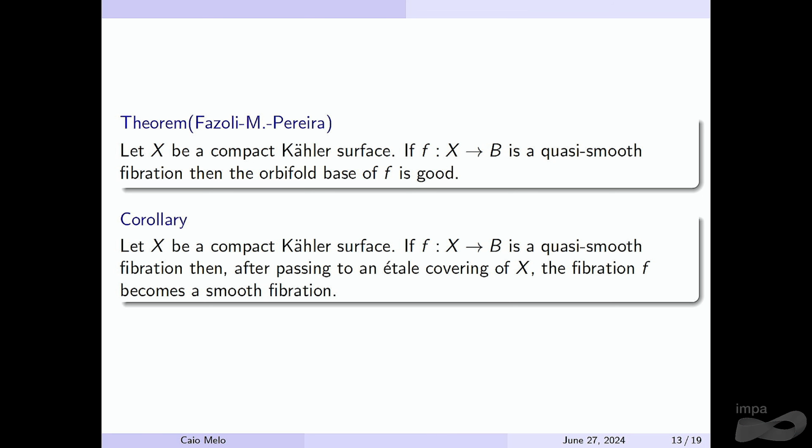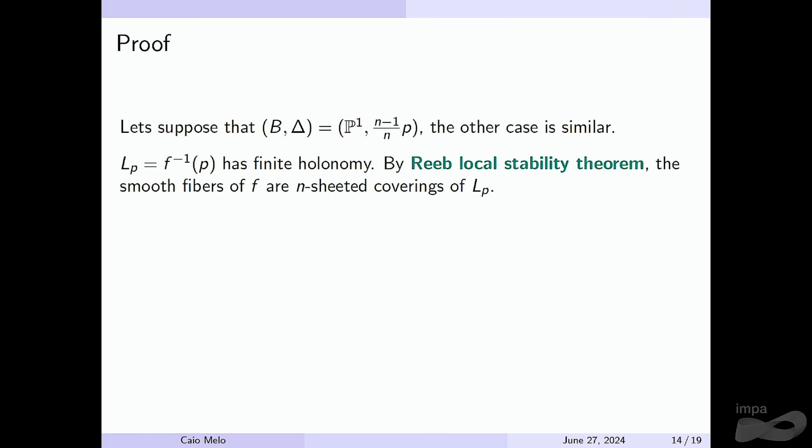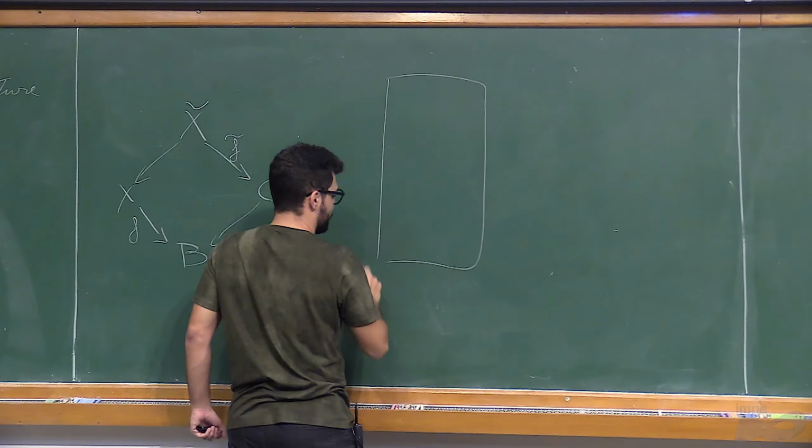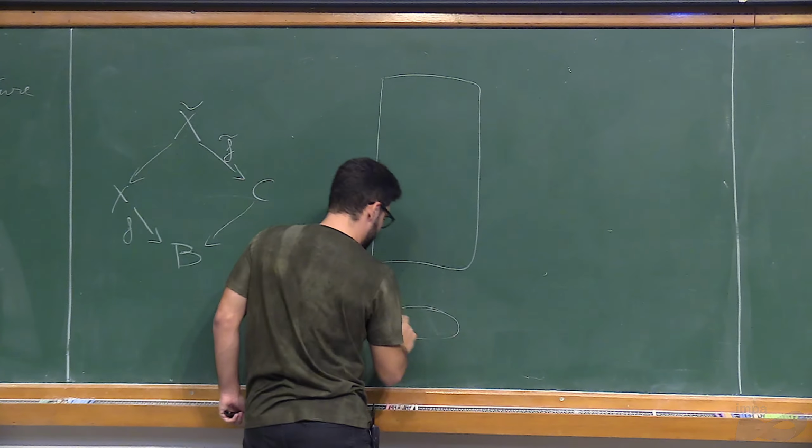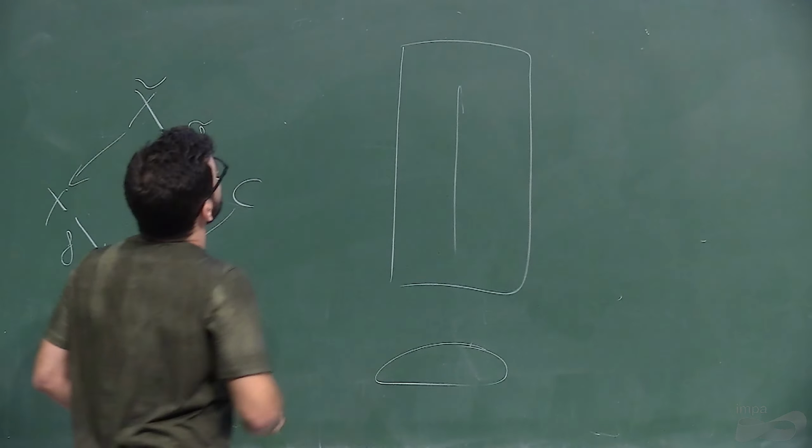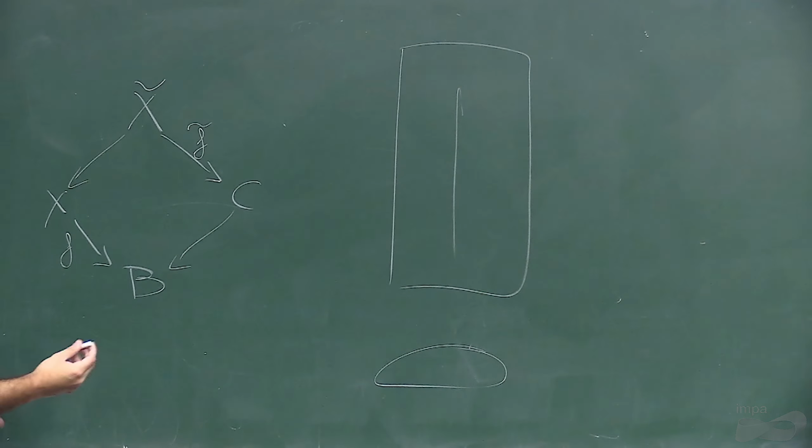So I will show you the proof. I will suppose for simplicity that the orbifold base is P1 with just one point of multiplicity. And since it is a multiple point,